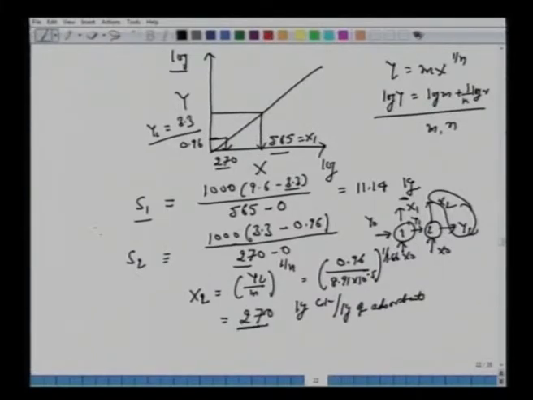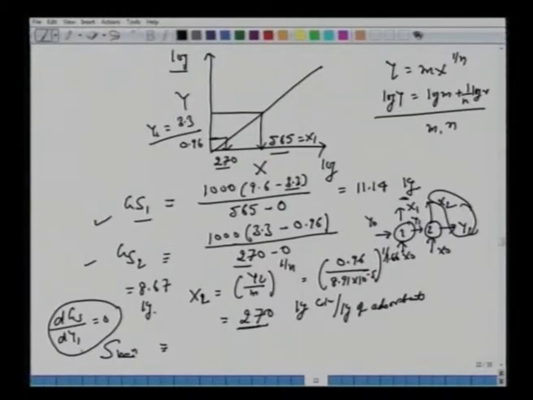Alright, so now we have S1 and we have calculated S2. This number, if you put it here, you should get 8.67 kg. So the S min, why min? Because we have differentiated to obtain y1, right? So we obtained this min, so this is actually GS1, our previous nomenclature, dGS over dy1 equal to 0. So this is what we set here.